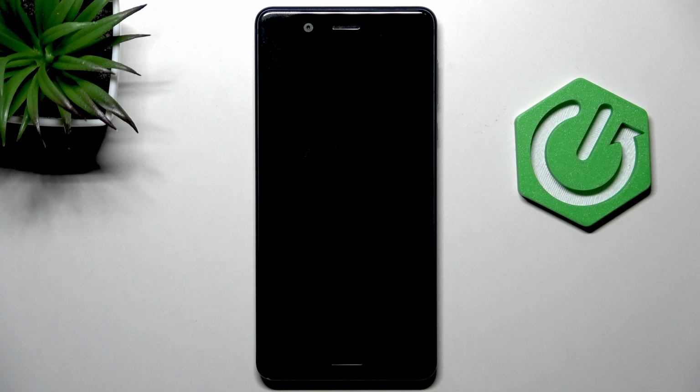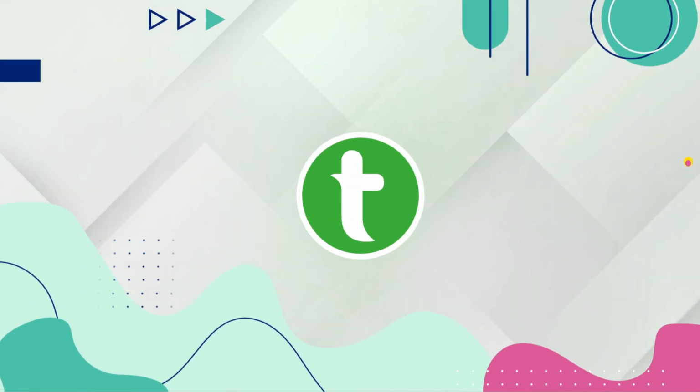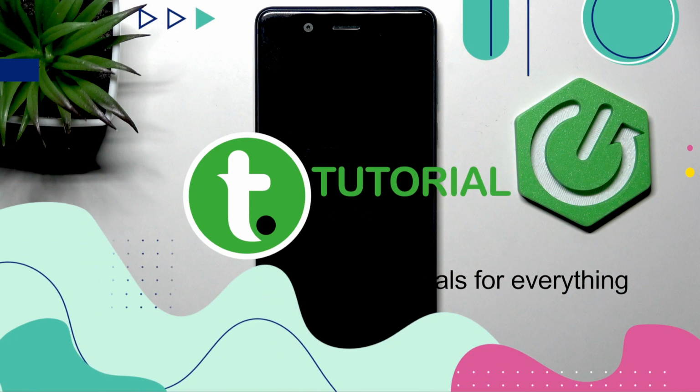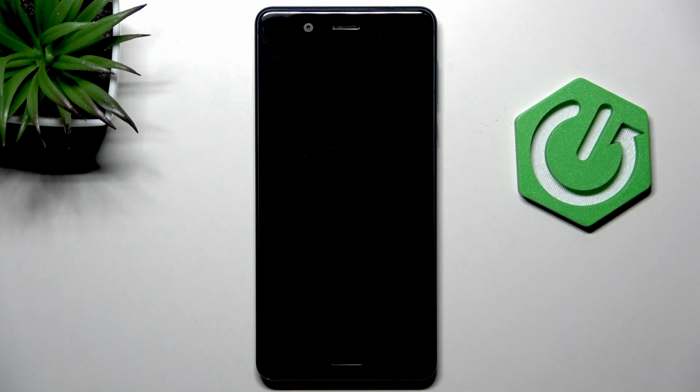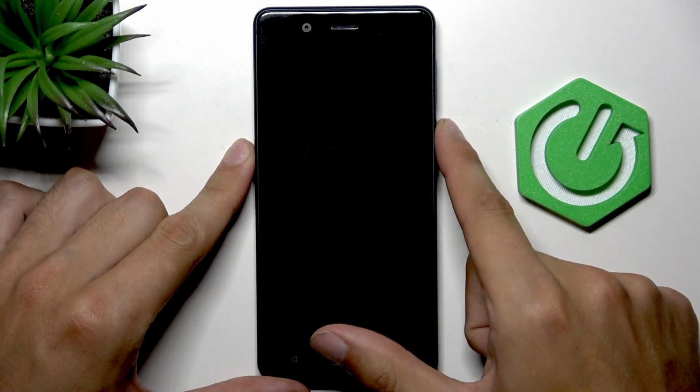Hello, in this video, I'm going to show you what to do if your pattern lock is not being recognized on your Nokia 5. If your pattern lock is not being recognized on your phone,